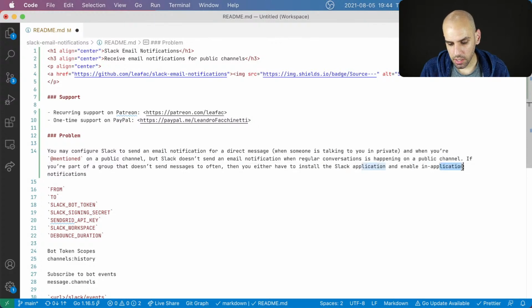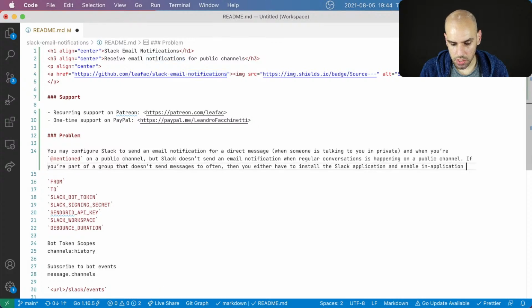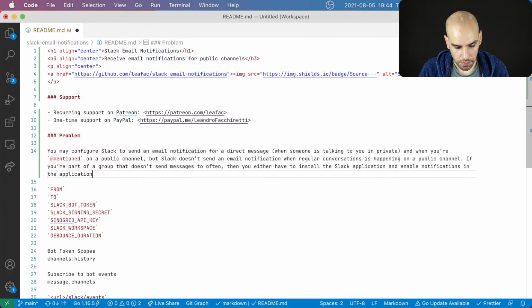So that's another quirk of the way I write. I don't like abbreviations like in-app notifications. No, in-application notifications, and enable notifications in the application.